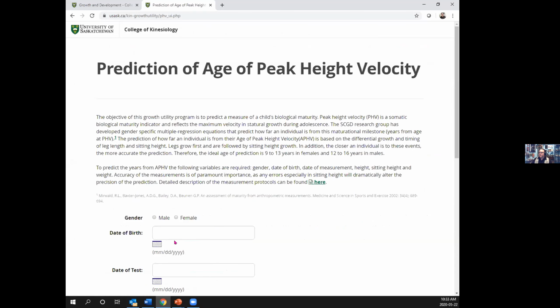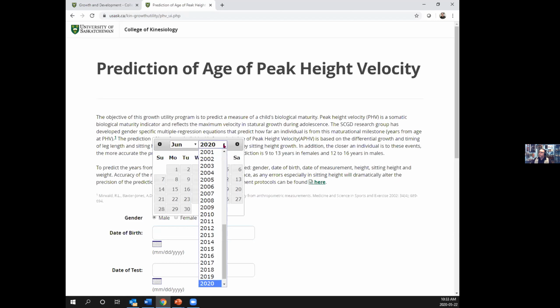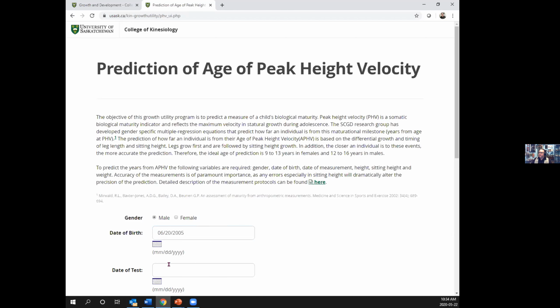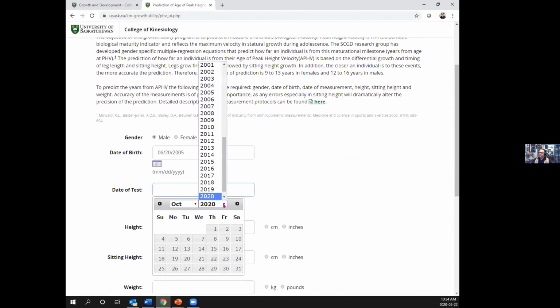If we take an individual, let's say a male, we put in their date of birth, and I've got an example here of someone who was born in June 2015. This is someone who came into one of our studies. They were tested in October 2017,